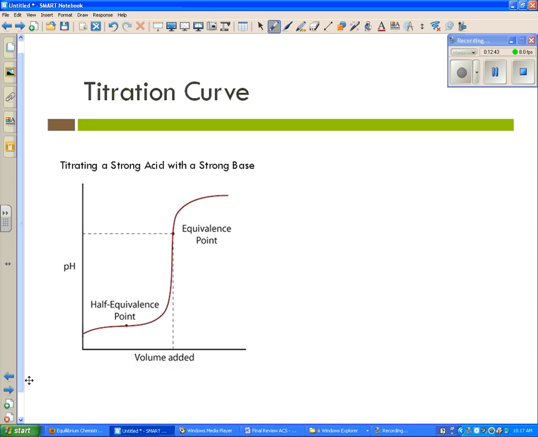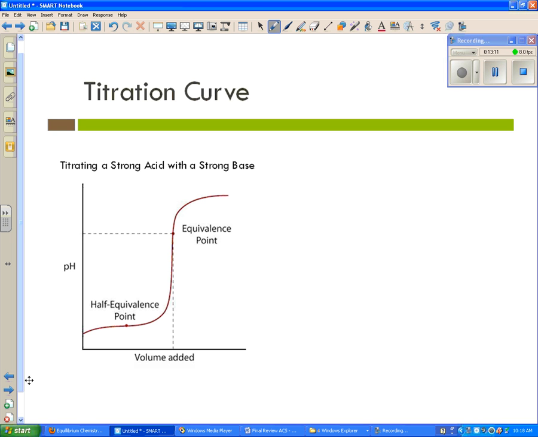And we can plot this. We could literally calculate milliliter by milliliter what the pH would be over a reaction. We could literally go into the lab and do this as well. We could take a pH probe, which measures pH, add milliliter by milliliter, and record the pH. What we calculated in the last couple of problems,